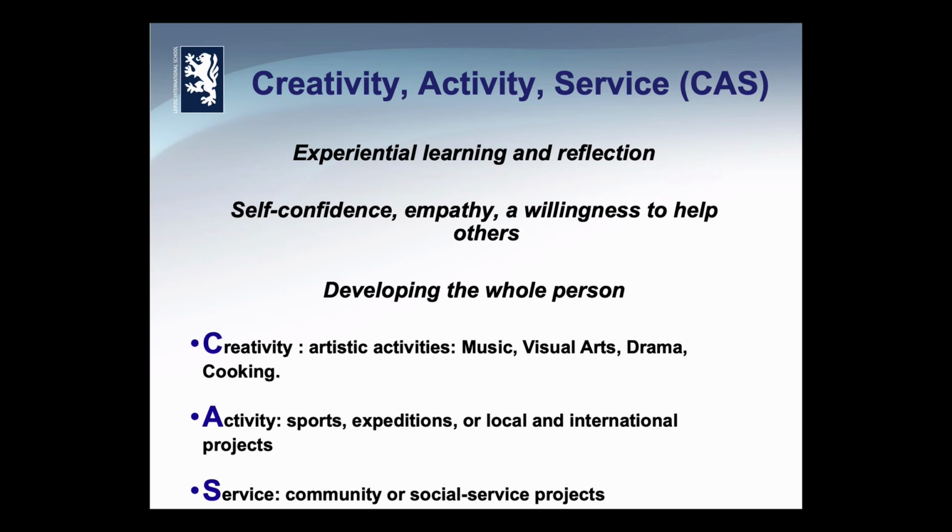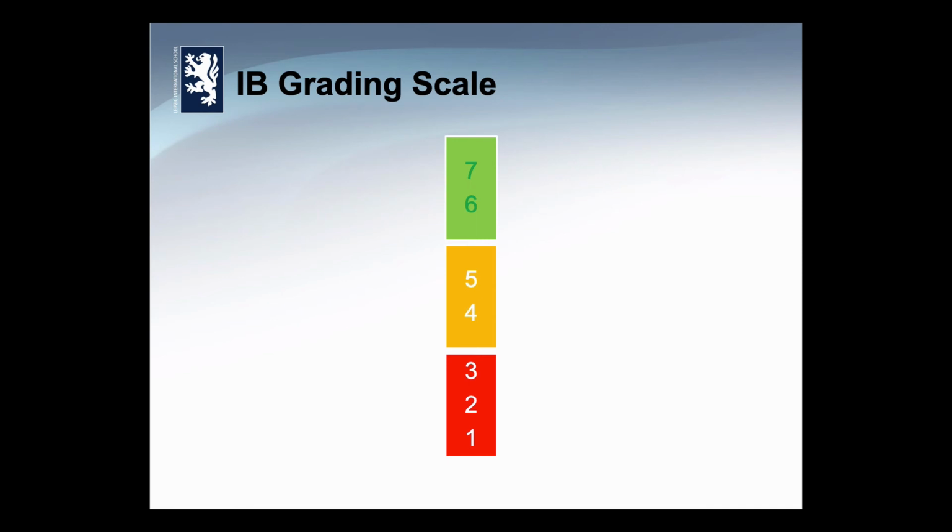Okay, so on to the grading scale, which may be different from what you have experienced before. The IB grading scale goes from 1 to 7, with 7 being the best score, and students are assessed on this grading scale throughout the programme using assessment rubrics that test particular skills and develop particular attributes in the students based around the learner profile. You can see that we've put this in a traffic light. This is just to give you some indication of what we expect for a passing grade, and that would be really a 4 and above.